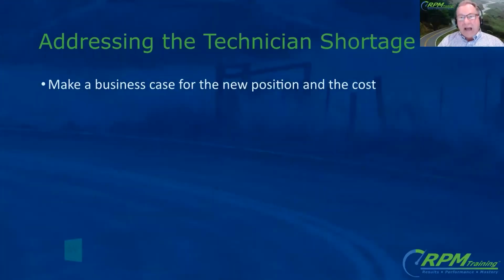Do your numbers actually indicate that you need a technician? Because if you have 4 technicians and you're only billing out half of their time, you don't need another technician. You need to bill out your current technicians' time, right? So you're going to need to understand your key KPIs, efficiency, productivity, and sold hours per technician per day, and make a business case for it. First, number one. Number two,